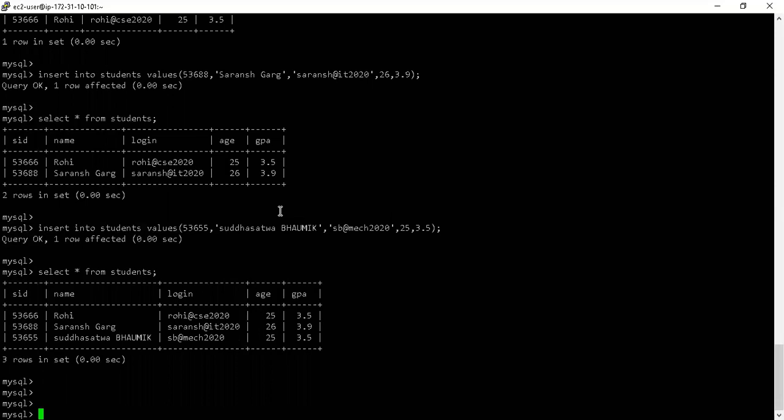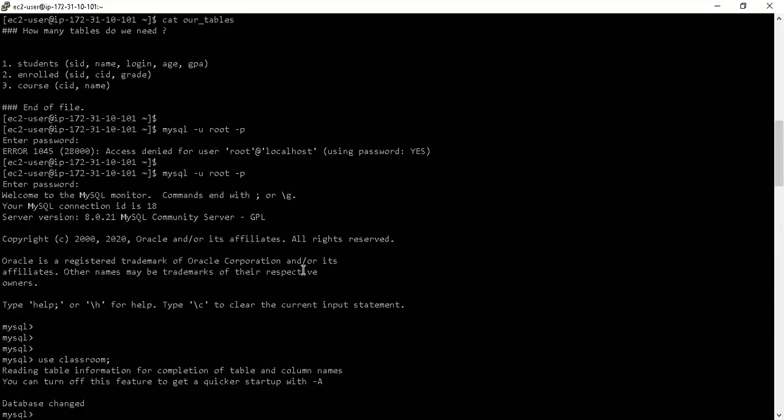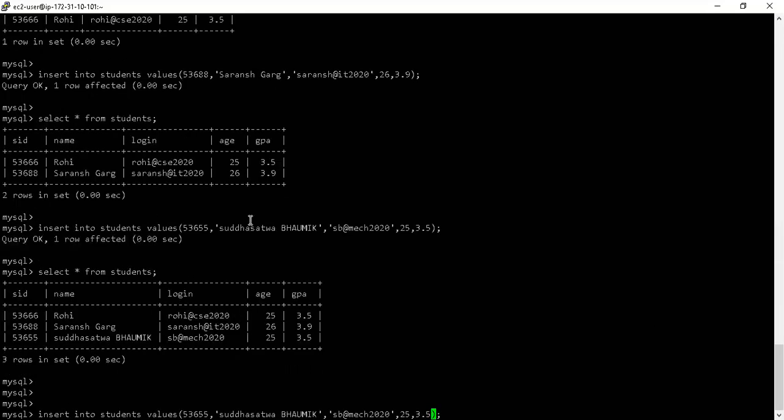Let's put things into the rest of the tables. Let's go with, I don't know, the course table. So how many columns does the course table have? Let me quickly see. Why is it not scrolling? Okay, I thought course had three columns, but no, two columns. Sorry, I have two columns in the course table. One is the course ID. The other one is the name of the course.